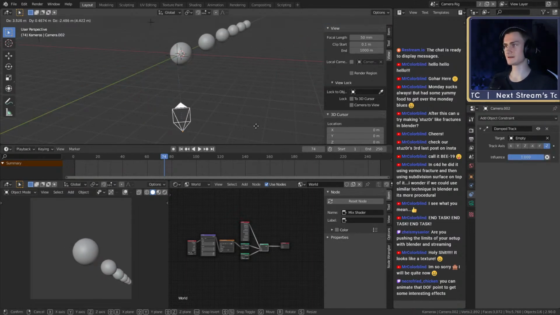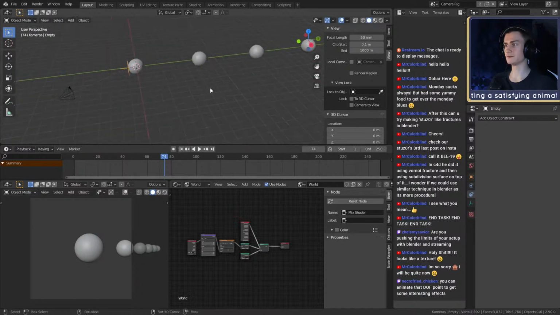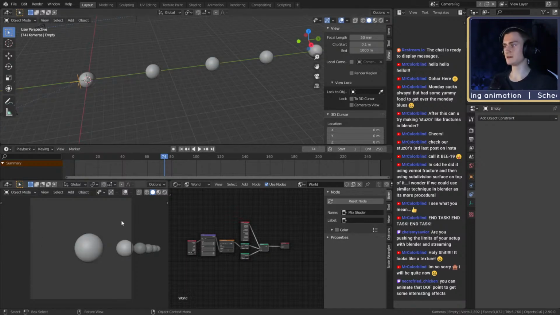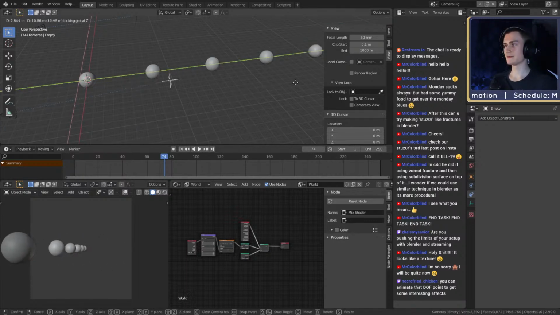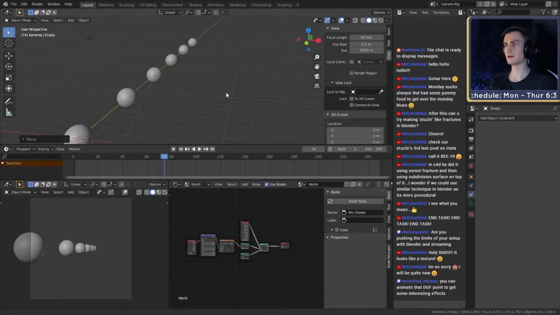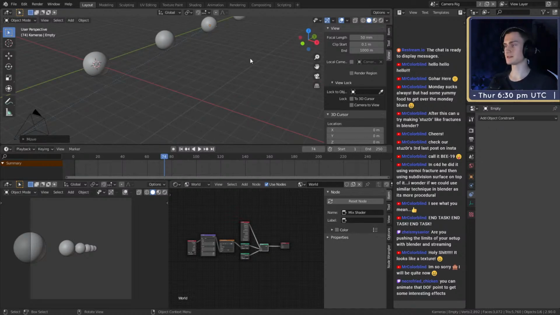And as you can see, the focus always stays on the sphere. If you then want to say, okay, I don't want to put my focus on this sphere anymore, I want to move my focus, you can just move this empty. And as you can see down there in the viewport, let's see, this one should be in focus. You can see it automatically puts the focus on that sphere. So that's the first part.